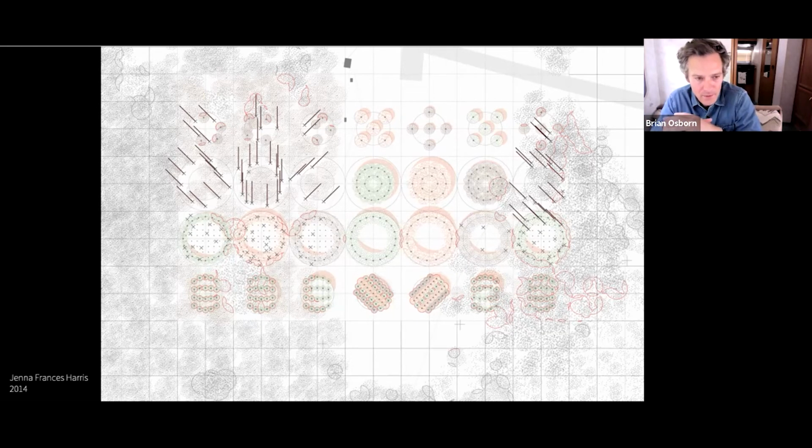But I am interested in the idea that something might begin as a kind of response to a landscape process and evolve into maybe a kind of novel program, rather than beginning as a human program and then pushing the biological process to form that program.